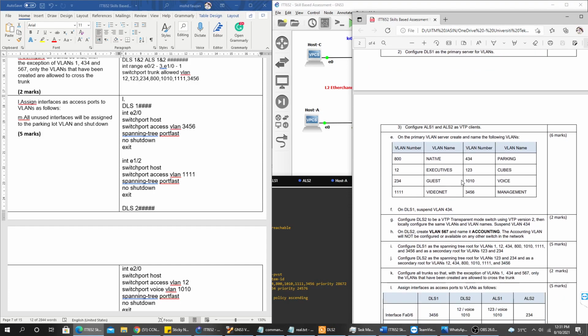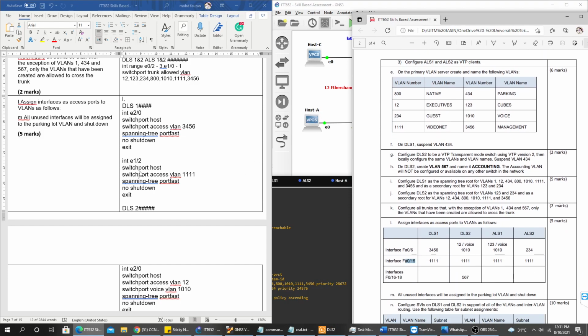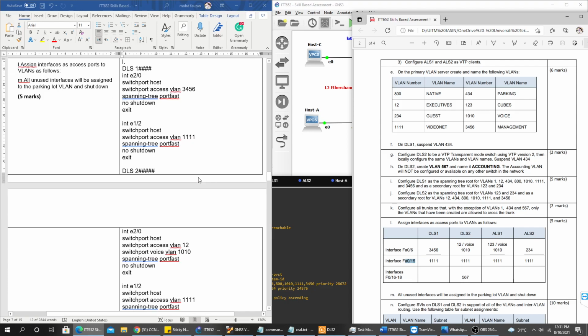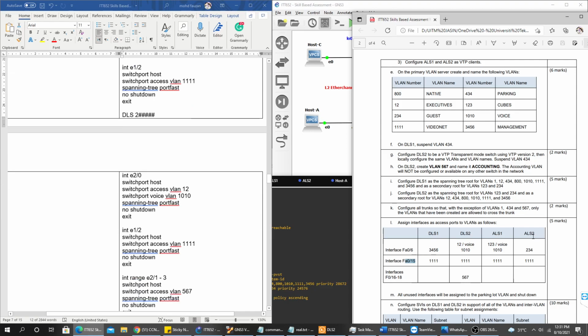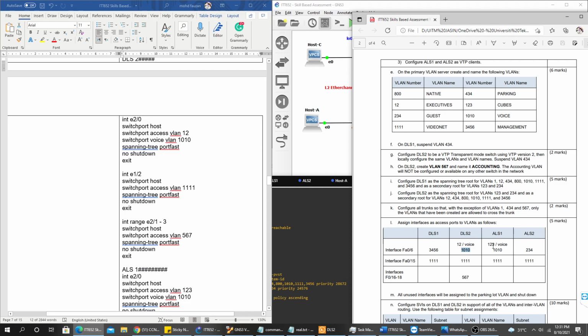So I just put in any available ports, which is EtherChannel 1/2, and I also assign it VLAN 1111. Also on the DLS2 EtherChannel 0/2, which is VLAN 12 and voice 1010, and also here the same goes to